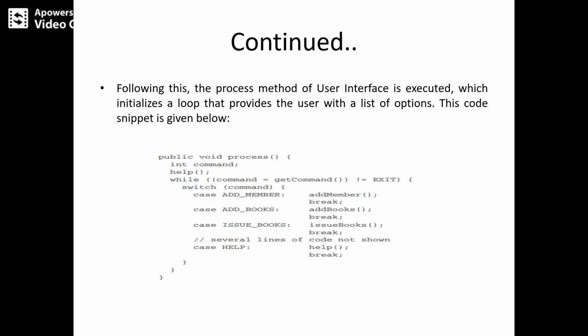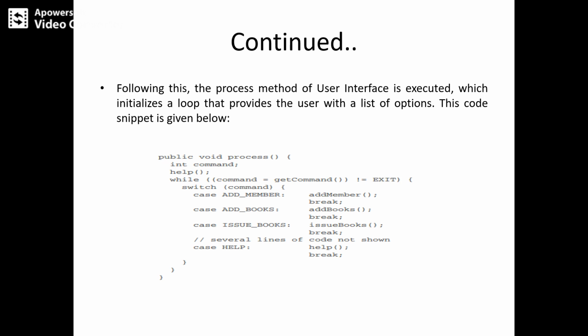I told you that this is the code snippet of the process method of the user interface being executed. So we are discussing the user interface: whenever the user interface is executed, how that code will show. This is the one snippet we have taken, not the complete code. That's why we had a comment: several lines of code are not shown in this entire coding part, because only the snippet part is there,